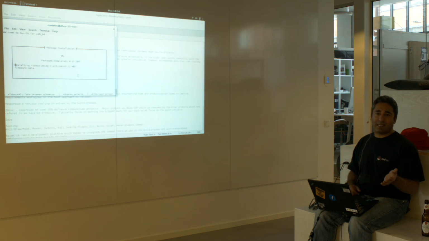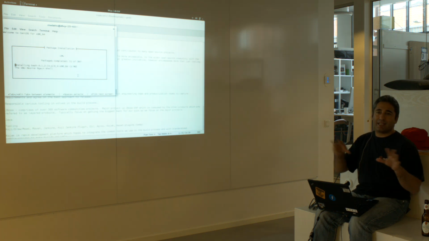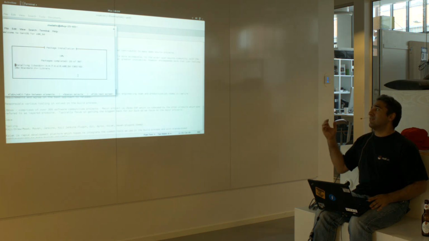If it builds on your Kojak system, you should be able to submit that binary, or at least the sources of that binary in the build configuration, and it will probably get accepted. So that's what we're trying to achieve. Now, just a quick thing about this. This goes off onto the internet, and it tries to download all the different components that I talked about. So again, you don't really have to worry about any of this. The speed of your internet connection obviously has a bearing on this.